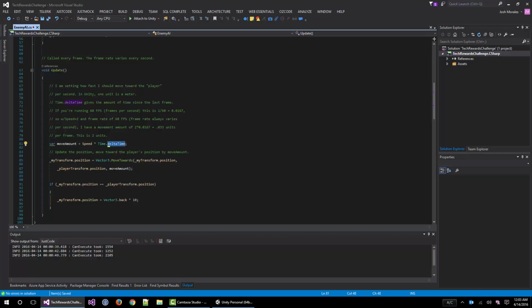So we want to update the position by moving the AI cube towards the player position by using a Vector3 MoveTowards, and we're going to use that transform of the position. It looks like this is the current position, which is where the cube is, and then the target position, which is where the player is, and then the movement amount, which appears to be, okay, it says max distance delta, which is